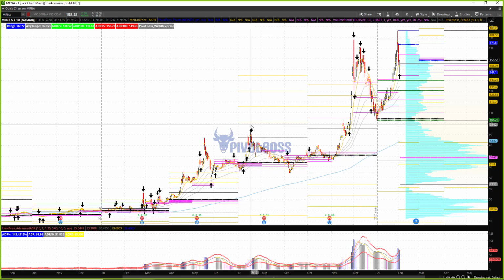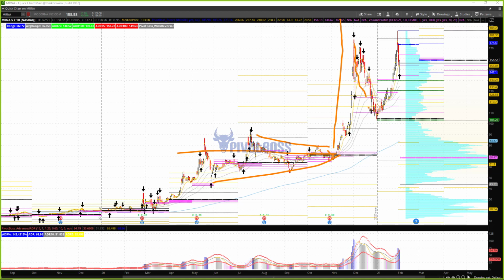Mrna right here, this is Mrna. This one's had a tremendous rally. Obviously, all that vaccine stuff has helped tremendously. There's the explosive move. Boom, way up. After an explosive move,